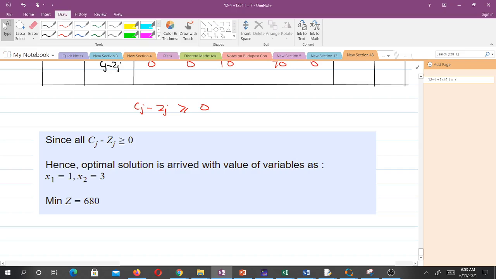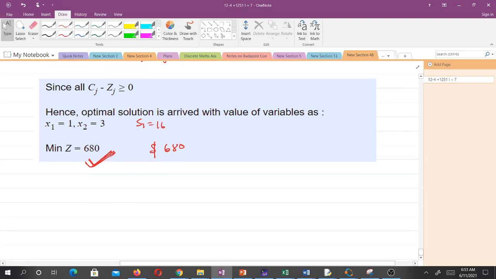The values of the variables are: S1 is 1, S2 is 3, and we can include this as 16, and our minimum cost now will be $680. So that means that if we operate mine 1 with 1 hour and mine 2 with 3 hours, that's going to give us a minimum cost, and that's going to be a cost of